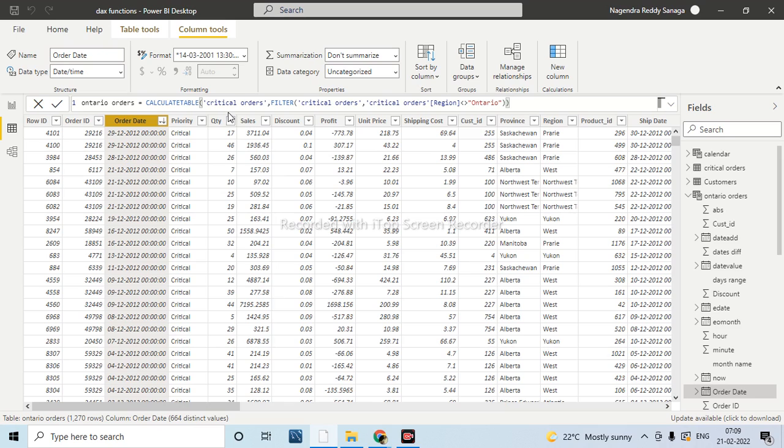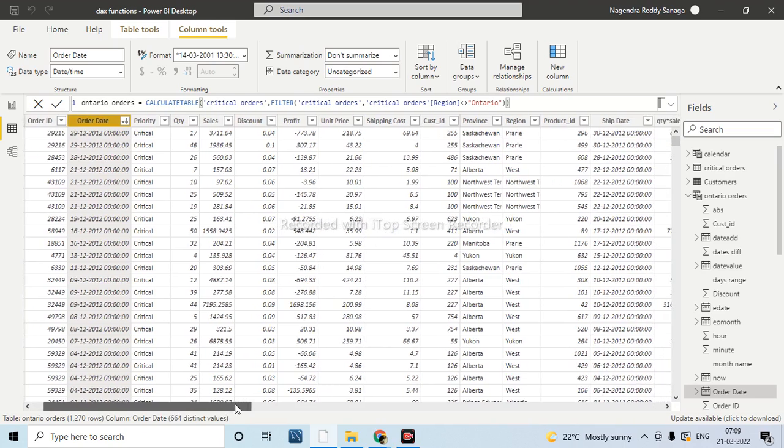But I don't want from today, because as the data is ending in 2012 itself, you will not get any information. For that, we will take the maximum date here, and from that date itself we will take only the last 7 days.